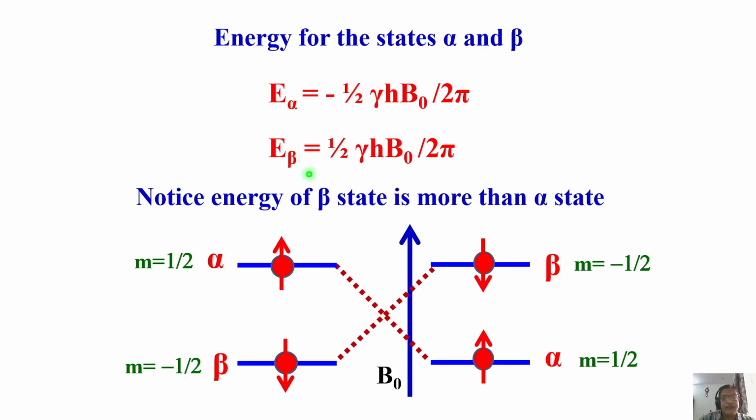As a consequence, plus half and minus half, because there is already a negative sign, E is equal to minus mu dot B naught. This appears like this. So in all the books you can find that the beta state is written up, that is the m equal to minus half state, and the alpha state is written with the lower energy like this. So the alpha state is the lower energy, and the beta state is the higher energy. Although it is written like this, because of the negative sign, it happens like this. Notice this change. In most of the books they write beta as the higher energy state and alpha as the low energy state.